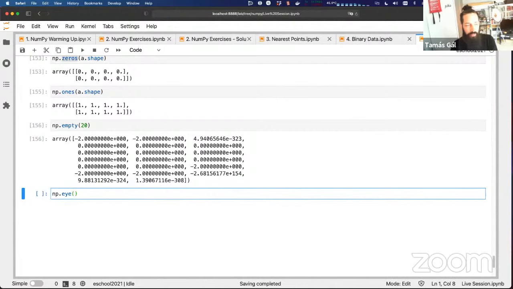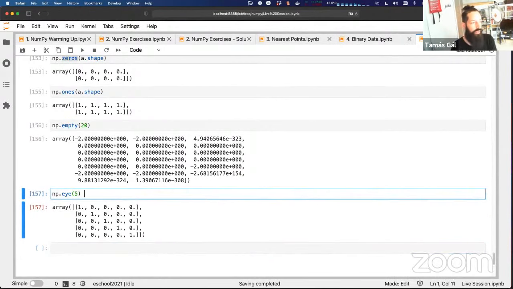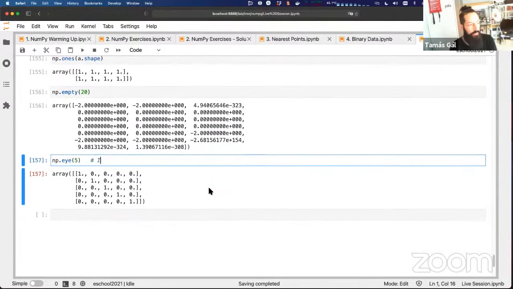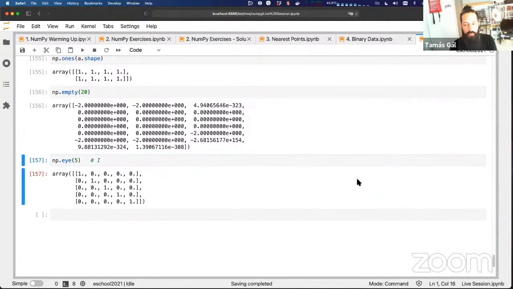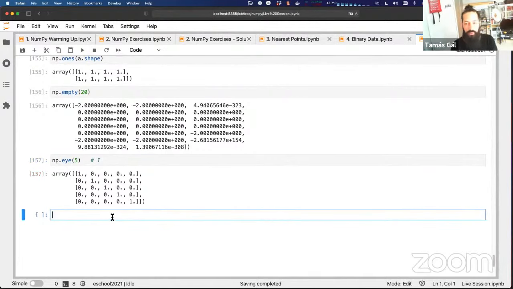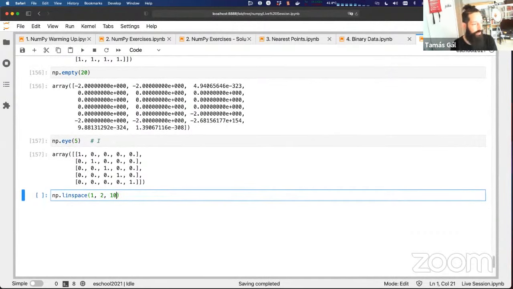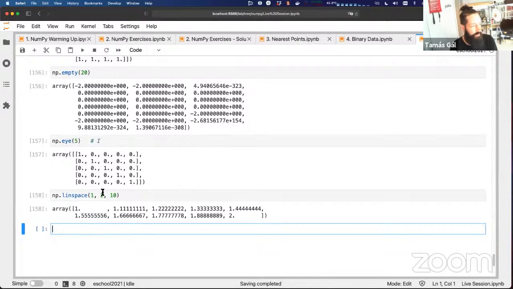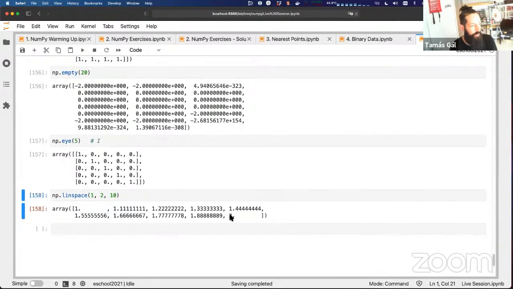Another nice helper function is the eye function. This is called eye because it resembles the I symbol, which is the identity matrix. So this gives you a nice identity matrix, which you can use to do your matrix calculations. Linspace is very, very useful. There you define a start and stop value and the number of items you want to have equidistantly calculated in between. So in this case, I have 10 values, which are almost, of course, equidistant because of the floating point